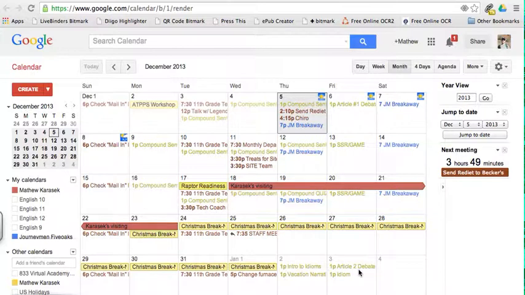I'm going to show you a tutorial on how to have students subscribe to your calendar so that whatever you put on your calendar, they will automatically see on their Google Calendar. That way they don't have to check your website, they can actually just check their calendar and see all of the different classes. So the first thing you need to do is be logged into your Google Apps account, and